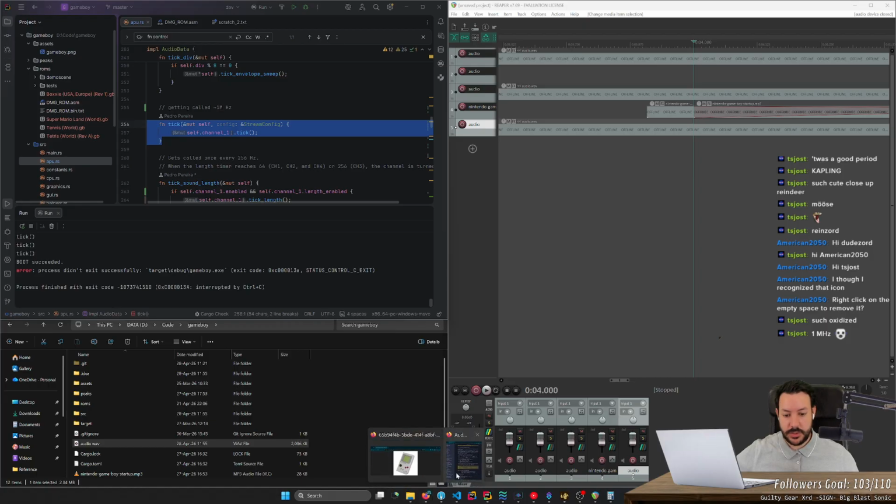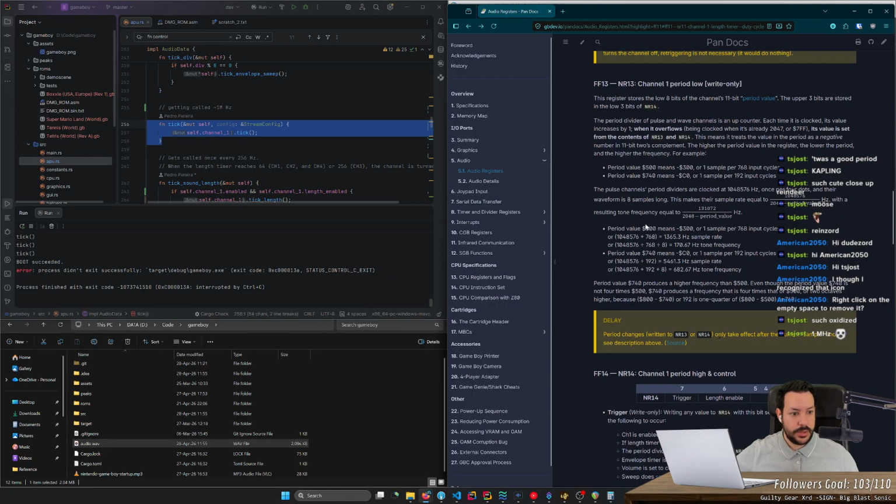The pulse channel period dividers are clocked at 1,048,556 Hertz. So in theory, all of this is working. This should be getting called at this pace, around 1 million times, like this internal tick.